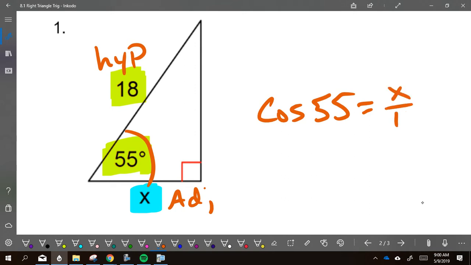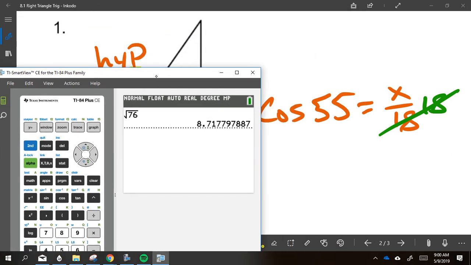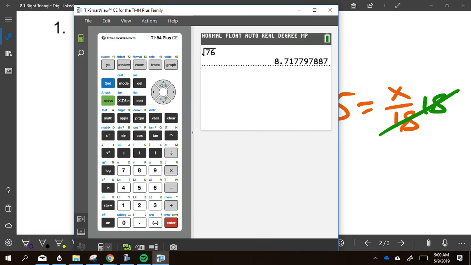X over 18. And if I want to solve for x, what would I need to do, Garrett? Multiply by 18, multiply by 18. That cancels. In my calculator, what do I got to make sure I do before I use my calculator today? I'm in degrees now because I'm back in to PreCalc. 18, cosine of 55. I hit enter. My answer is